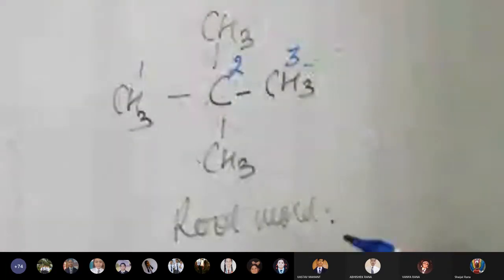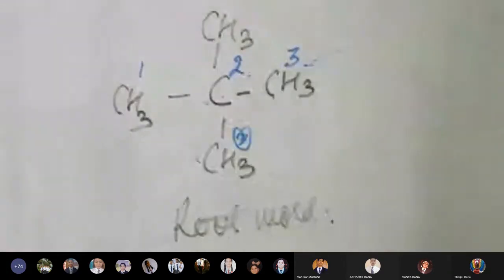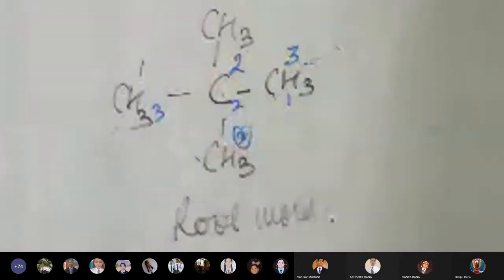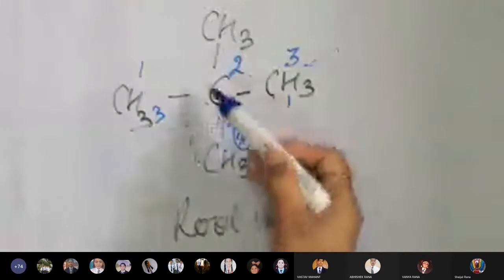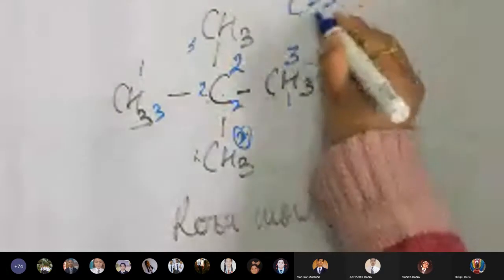After that, 1, 2, 3, you will get 3 as the number. If I start from the upside, 1, 2 and 3, then also I'm getting carbon number 3. If anybody is thinking of going the opposite way, then also it is okay: 1, 2 and 3. Done. Now I can do this way also: 1, 2, 3. So I have seen all the variations, and by all the variations your carbon number is coming 3.